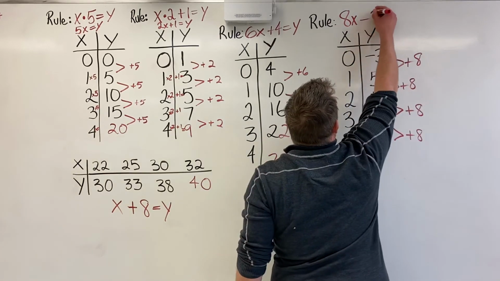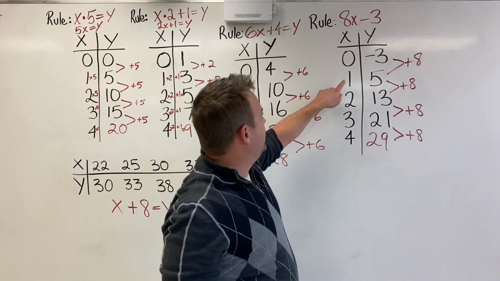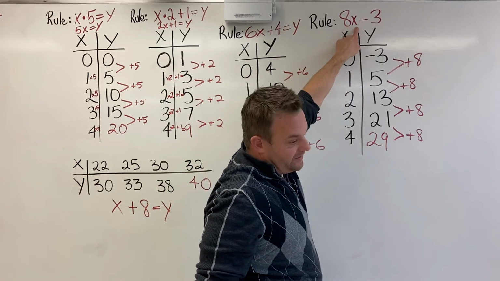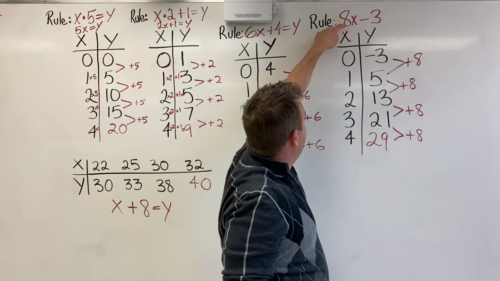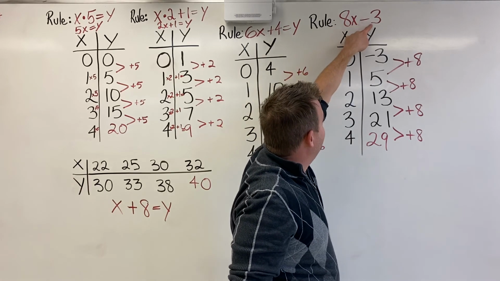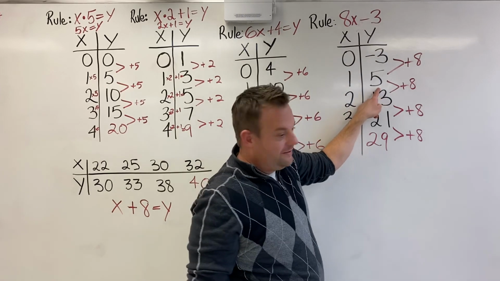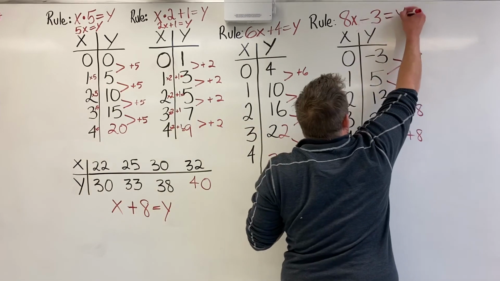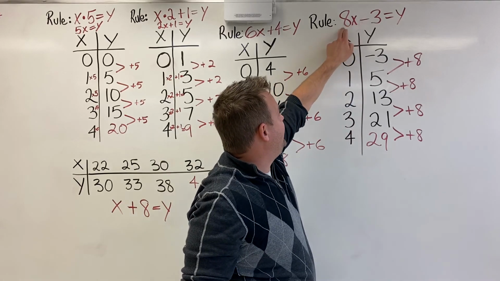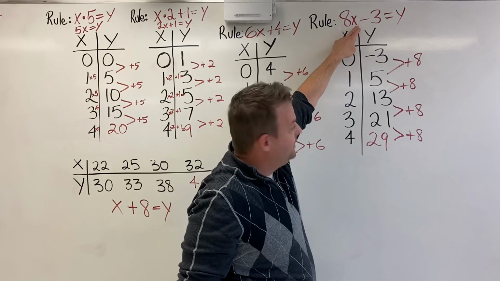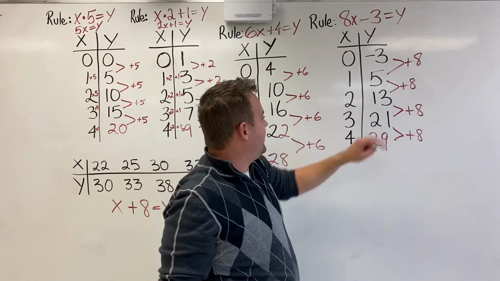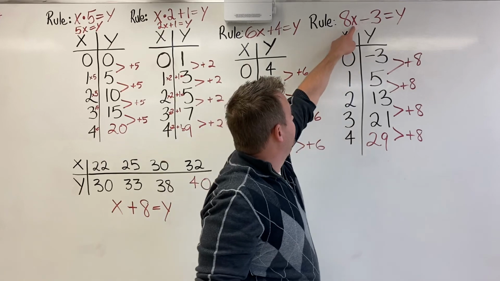Yeah, so -3. So now we're going to do 8, substitute the 1 in. When the coefficient's next to the variable, Crosley, you go 8 times 1 is 8, minus 3 is 5. So that would then equal y. 2, substitute the 2 in. 8 times 2 is 16, and 16 minus 3 is 13, that's right. Substitute the 3 in. 8 times